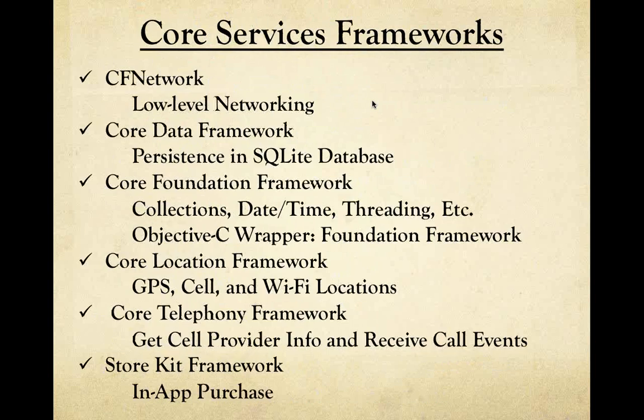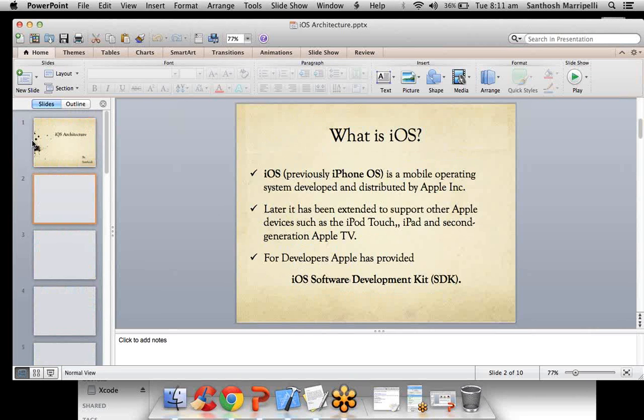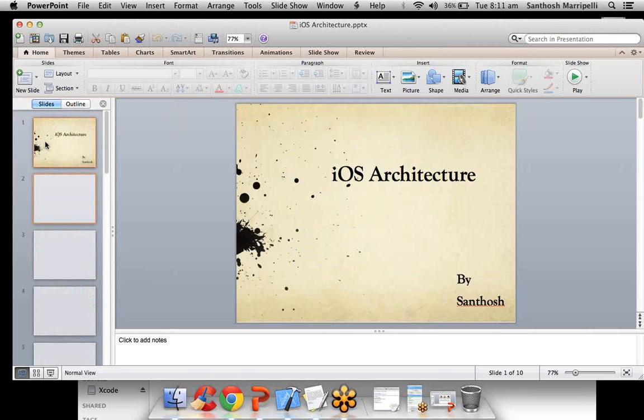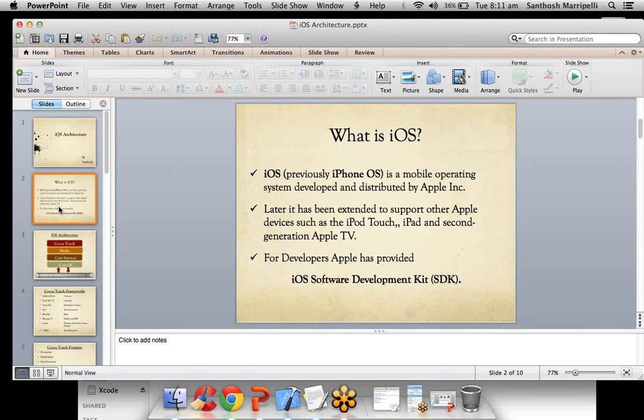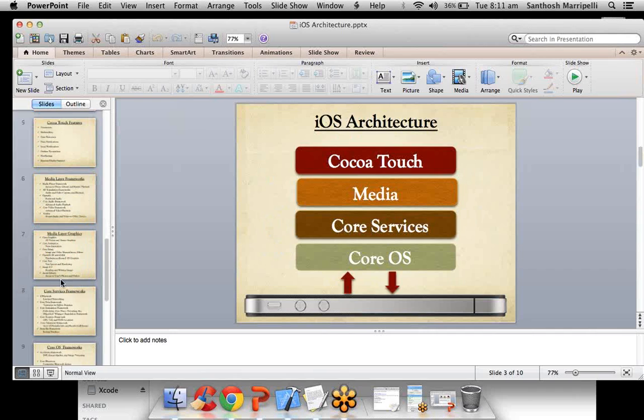Next, coming to the other layer. Right. Next, coming to core services. What do you mean by core services? Core services is a framework in which we have some more frameworks called CF Network, Core